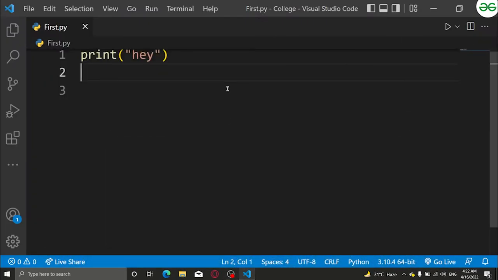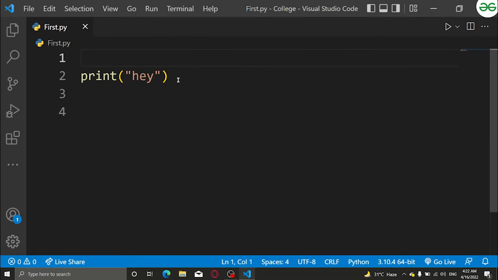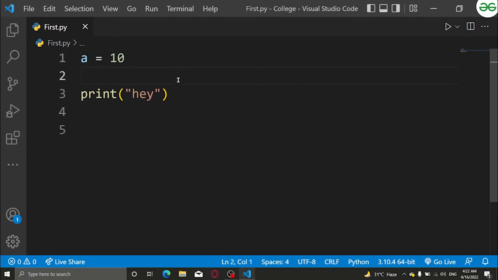Now, coming to the functionality basics, what exactly are its functions? Python has lots of uses. Let's create a variable. Later, in the next video, we will be learning about variables, so don't worry about that. Suppose I wrote a equals 10 and b equals 20.